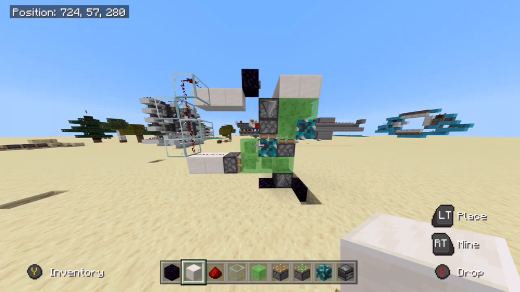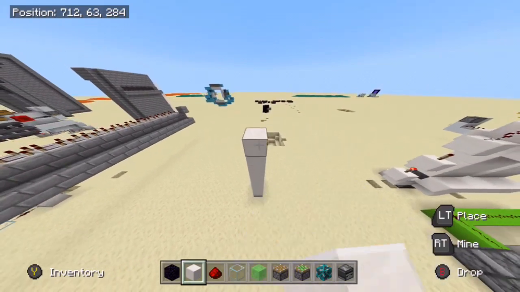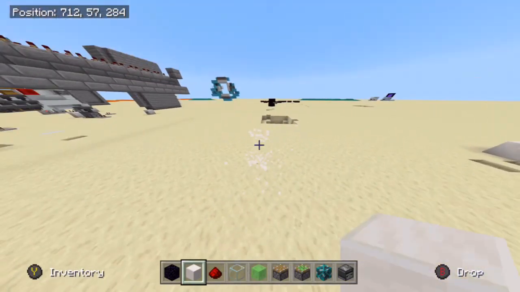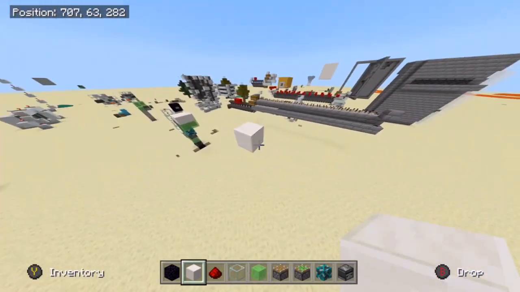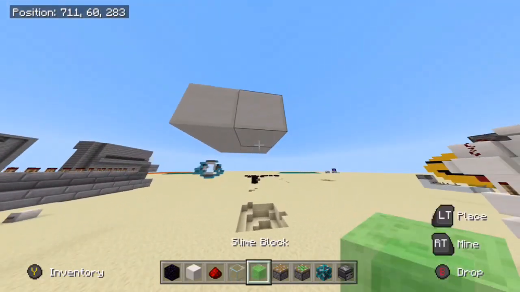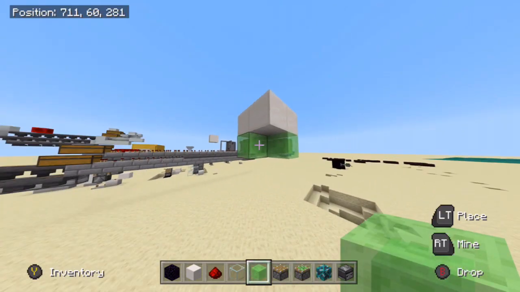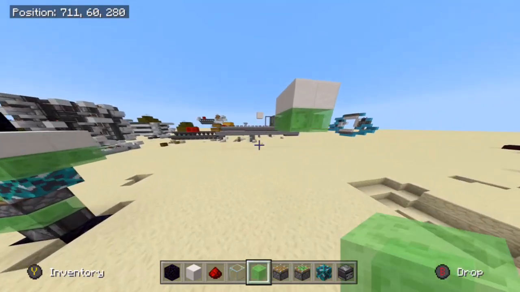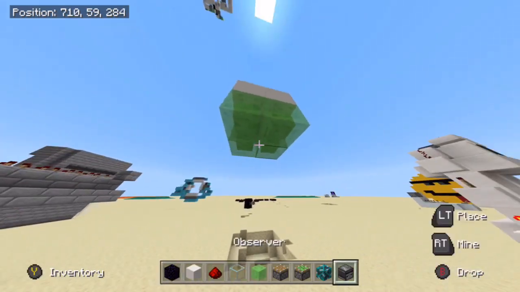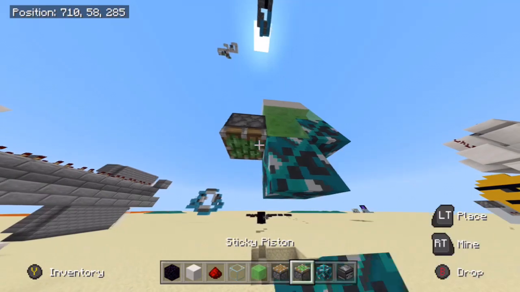So to start this build off, what you will need to do is come up to where your floor will be and place a 2x2 area with blocks like so. Then come underneath those blocks and place slime blocks on those blocks like so. Then if you were to come from the back of your elevator, you were to place a slime block there,